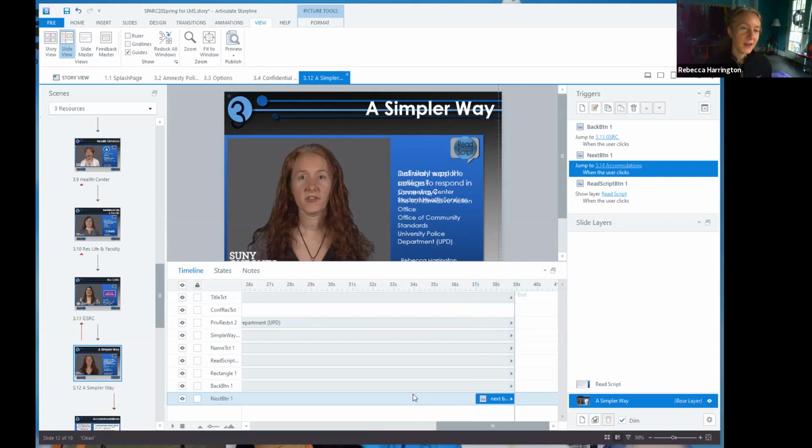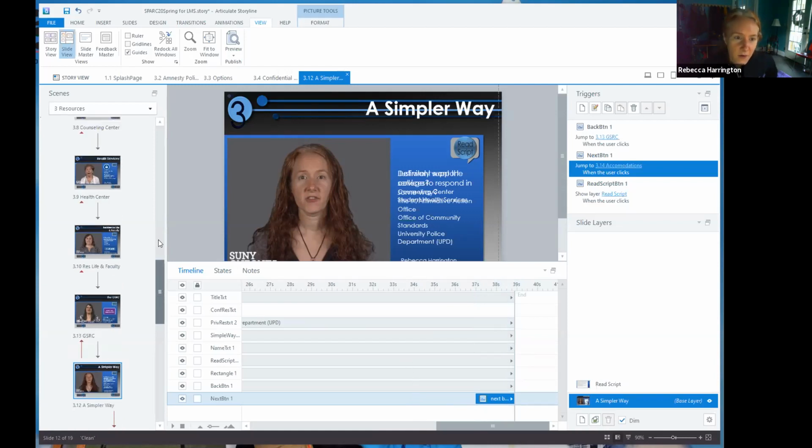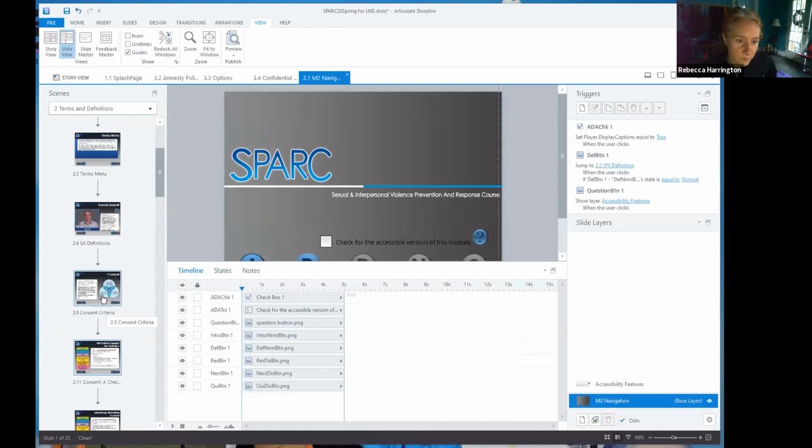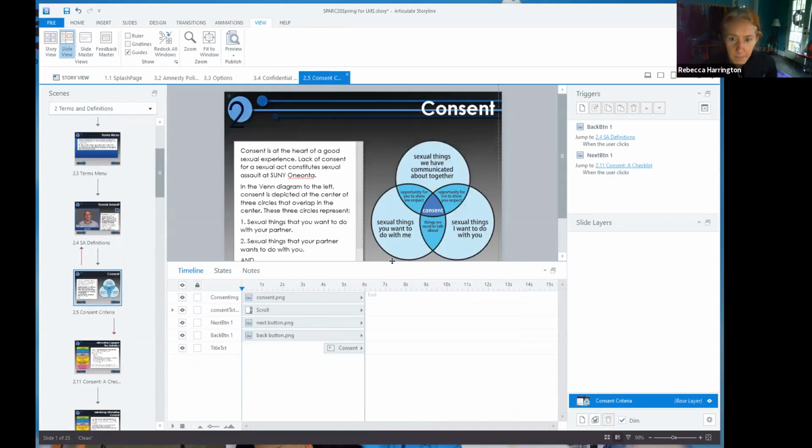So it might seem like an extra step, but to me, the time to make all my next buttons short, the whole slide, or at least the ones that are on the video slides, because those are really where the lengthier places are, it's kind of a good trade-off in time to just fix those at the end. So let me go to a slide that's maybe all text. This is a good one.